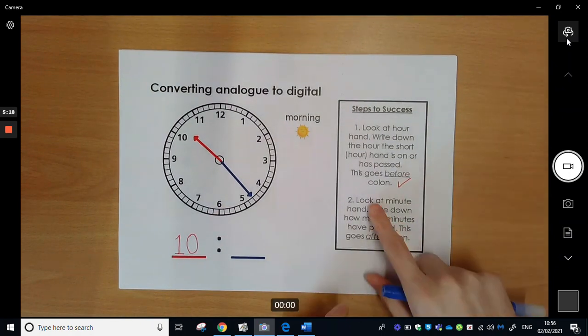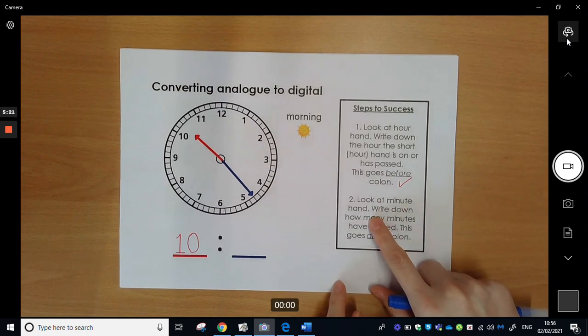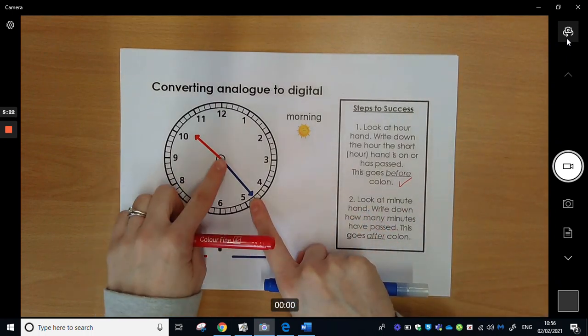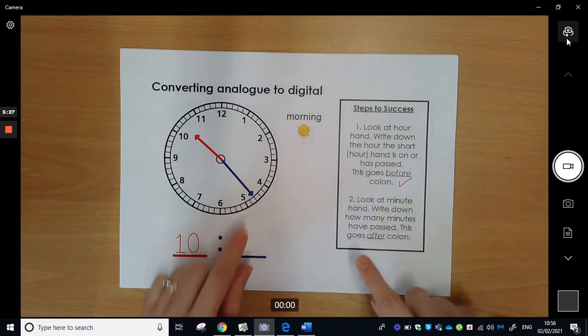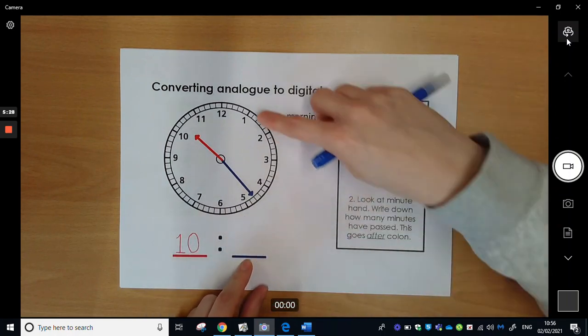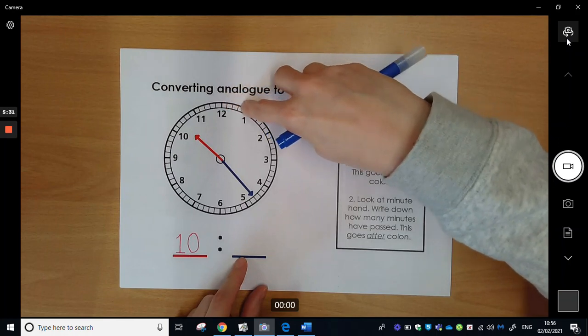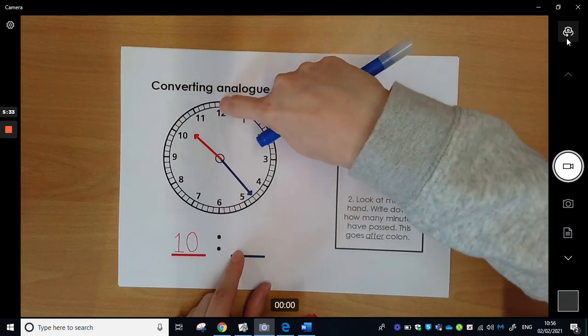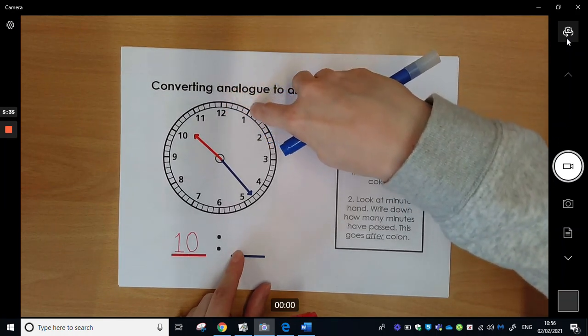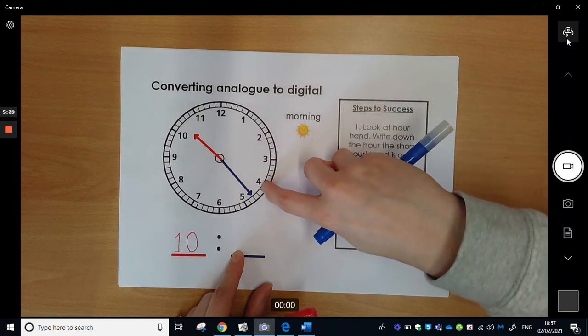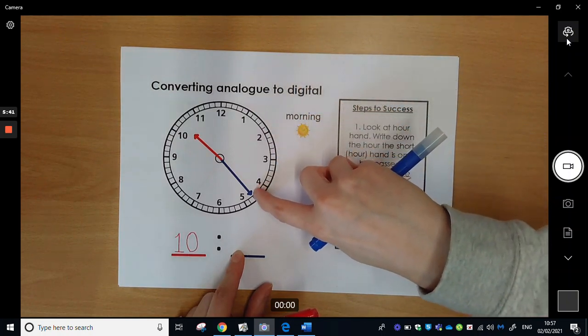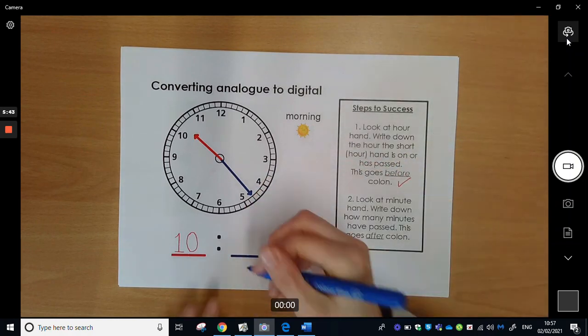Now I need to look at the minute hand. So I'm looking at my minute hand here, my blue one. Remember, that's the long hand. I need to write down how many minutes have passed, and that goes after the colon. So remember from yesterday, I can count each individual line, but I know that each jump in the number is 5. So I'm going to go 5, 10, 15, 20, 21, 22, 23. So the time is